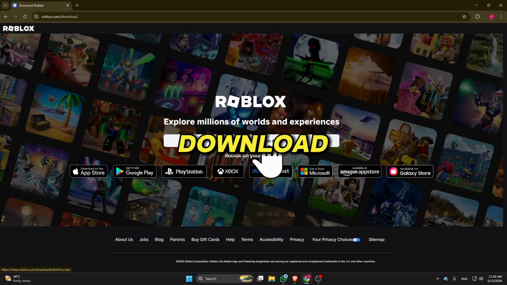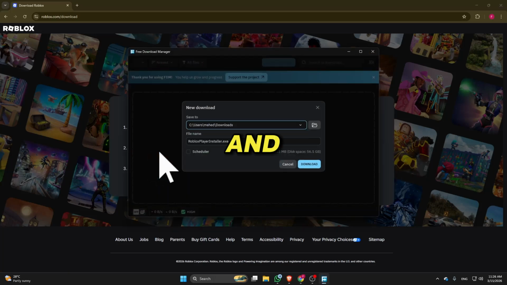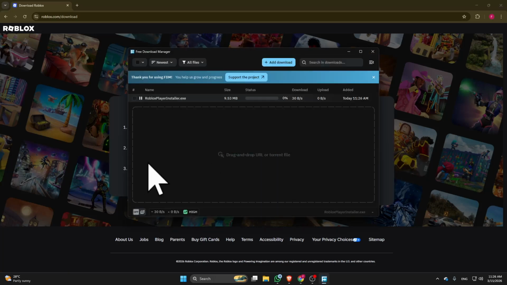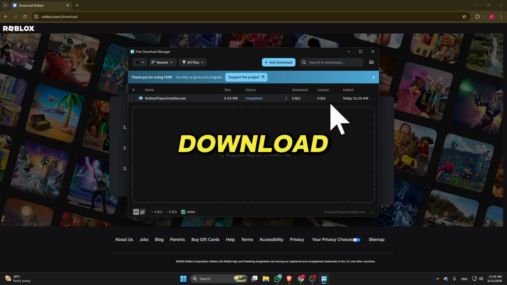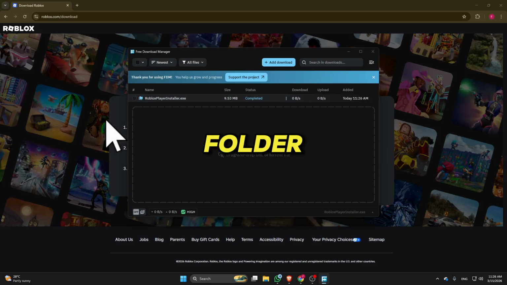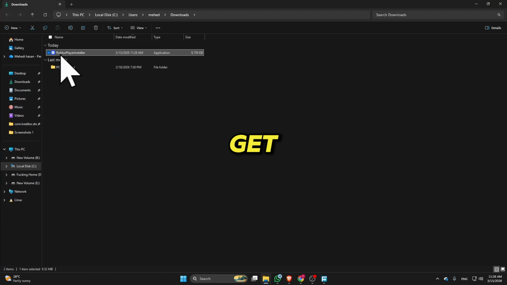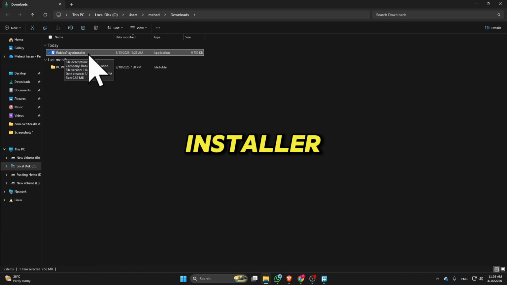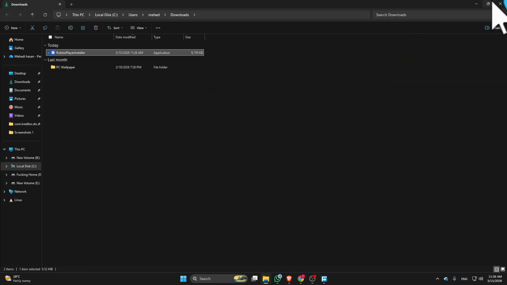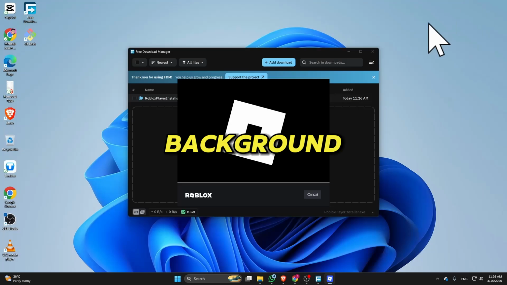So I'm going to click on download Windows app. And then I have to click on the download. And you can simply see the download has been completed. Now, if you click on the folder icon over here, you're going to get the Roblox player installer. So if you click on it 2 times to install, simply minimize all the background apps,